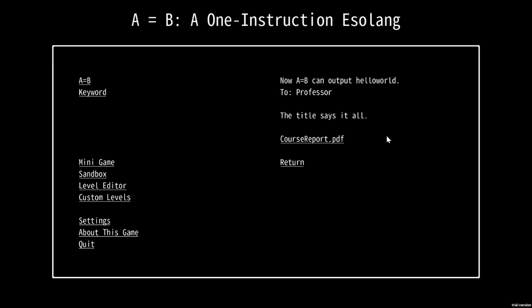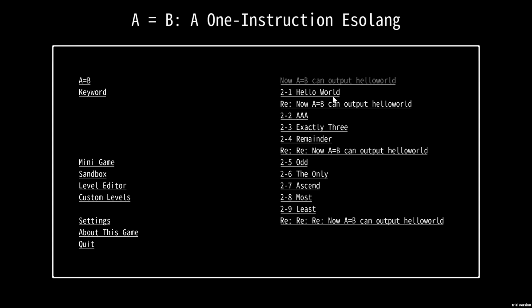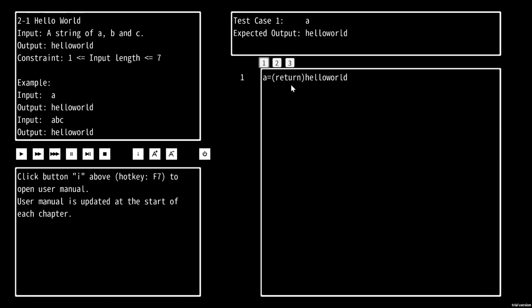Okay, so we have unlocked a new feature actually, and that feature is keywords. I don't know if there are multiple keywords yet, but I know there is one, which is return, and we can see that here. So what return does, it ends the script. So down here, if we had hello world equals A again,